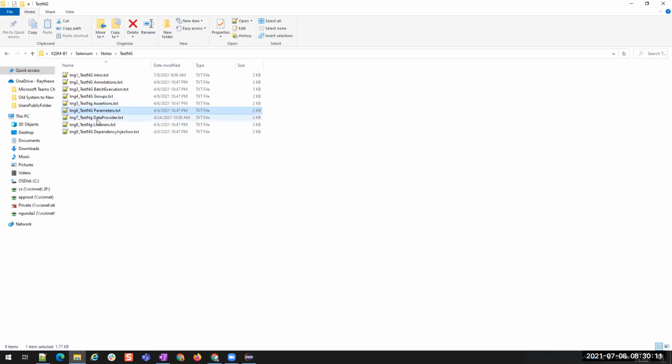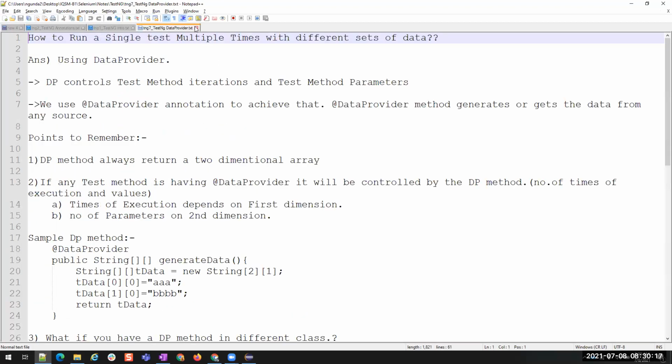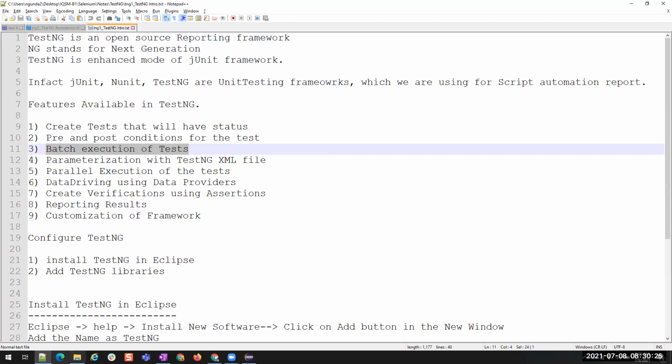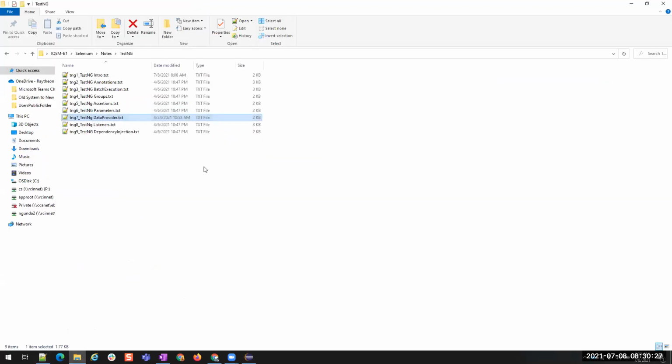How do we pass parameters to TestNG? And then we have data provider. While learning this data provider, we'll jump onto some other concept called file operations. Then how do we deal with the Excel sheets, or how do we deal with the properties file, such kind of things. So we are going to deal with those also in this data provider. And then we'll see introduction to listeners, and then we'll use extent reports here itself. Okay, we'll see the extent reports. That's all. Dependency injection will be covered as part of these sessions only. So these are all the sessions related to TestNG that we are going to learn now.